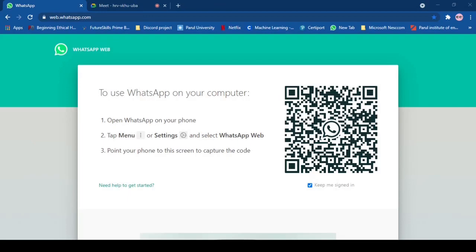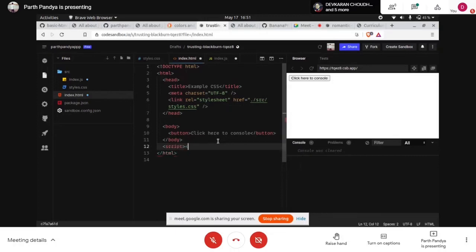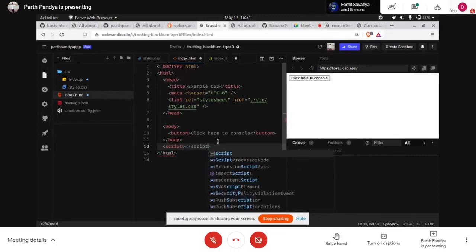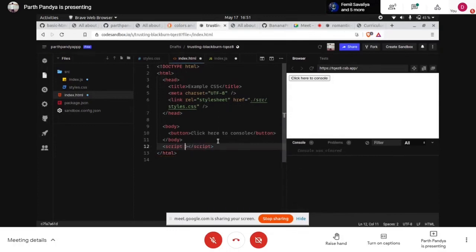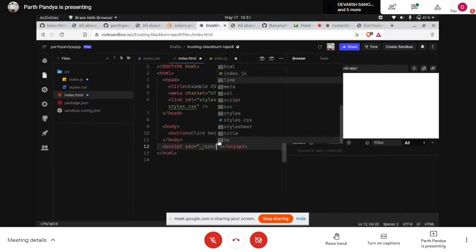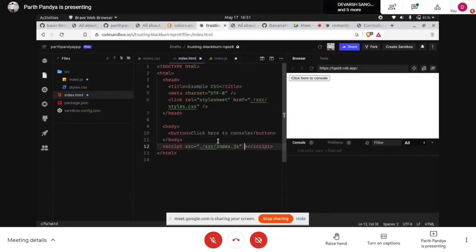So how can we do that? We can import our script. This is a script tag, and we have to open and close it following the basic HTML anatomy: opening tag, closing tag, and in between the content. But here in the script tag we don't have its content. We are importing it as it is. We are giving the source where it is, inside src, and it is index.js. And after src, we have to define the type, and the type of this file is text.js, right?